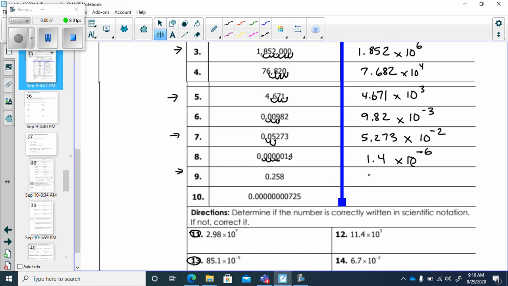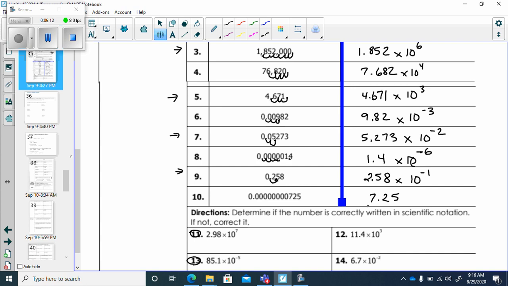Okay. This would be 2.58 because the 2 is greater than or equal to 1 and less than 10. And I'm moving my decimal 1 place to get it there. Times 10 to the, and it's a negative number because this number is less than 1. Okay, on this one, I'd have